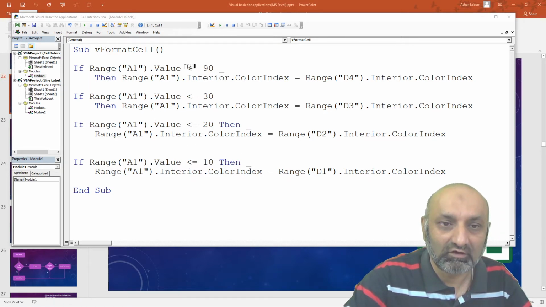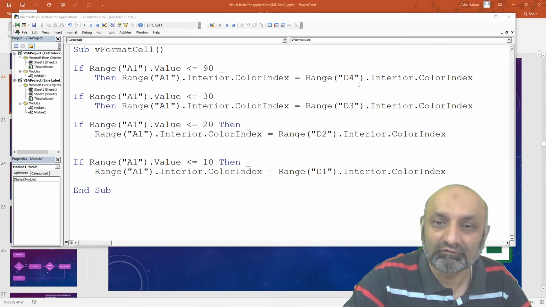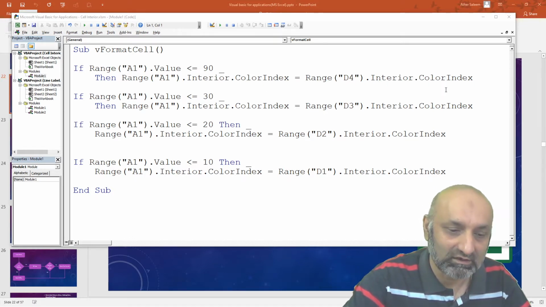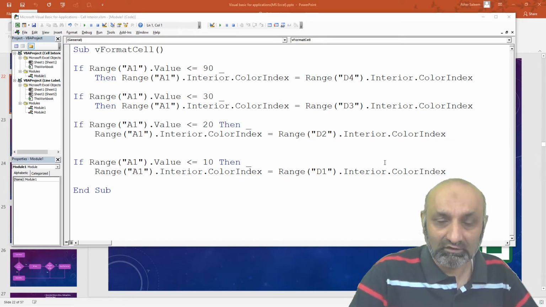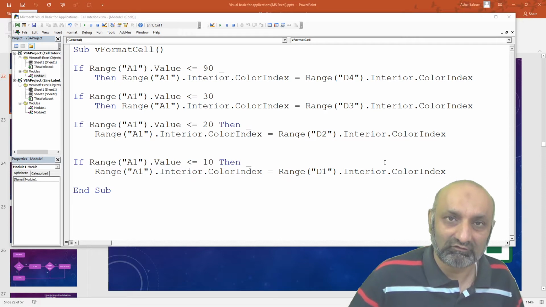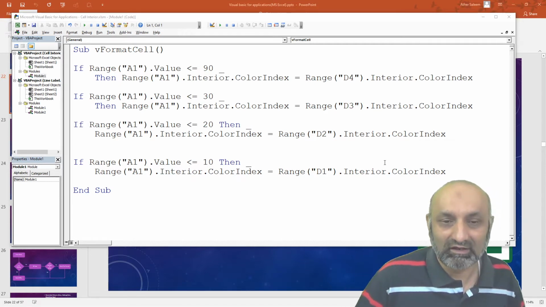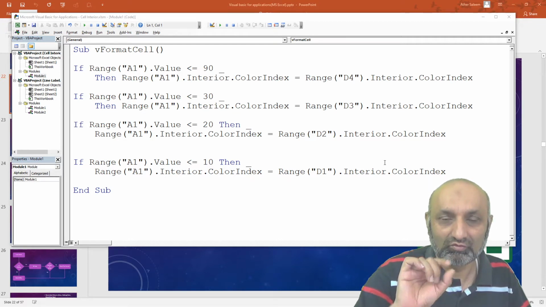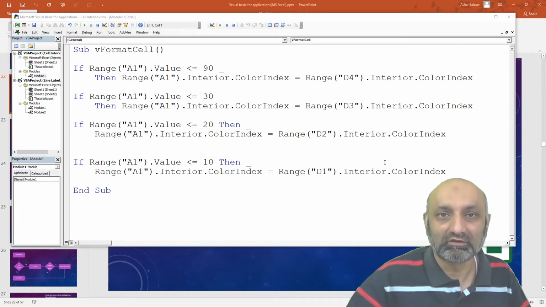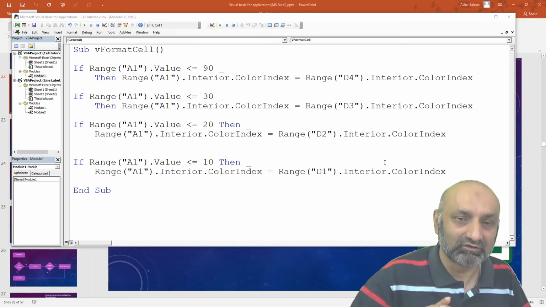If range a1 dot value is less than or equal to 90, then range a1 dot interior dot color index is equal to range d4 interior color index. So we use this for the activity which changes the background color, and I talked about how to use the dot to get the list of commands we can use with a function.